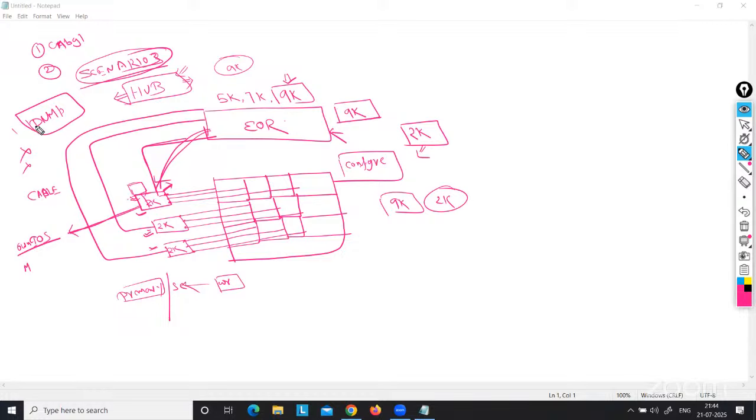Mainly, dumb means it does not have anything. I cannot manage this switch directly. I cannot log in to this switch directly. It does not have its own IOS through which I can operate everything. This is the reason it is known as the dumb switch. Even it doesn't have IOS? Yes, because